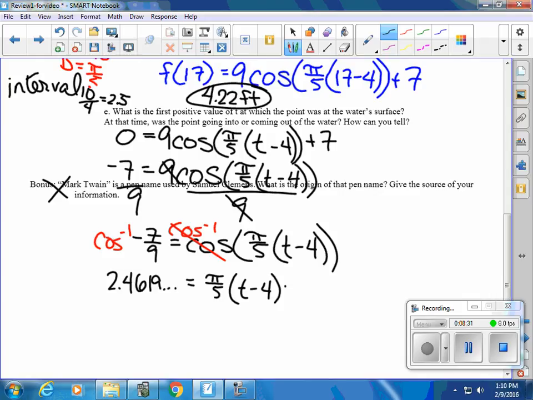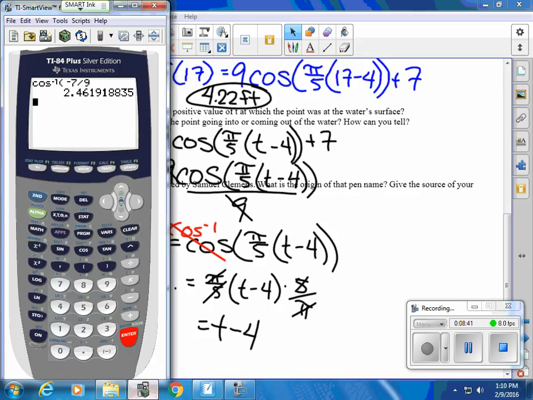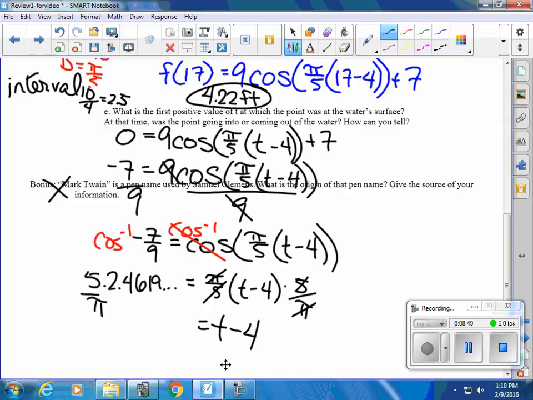Right? I'll multiply both sides by 5 over pi to cancel this out. So I'm going into my calculator and just doing times 5 over pi. Okay, again, I'm not rounding yet, 3.918. And then I'm going to add 4 to both sides. And I get t is about